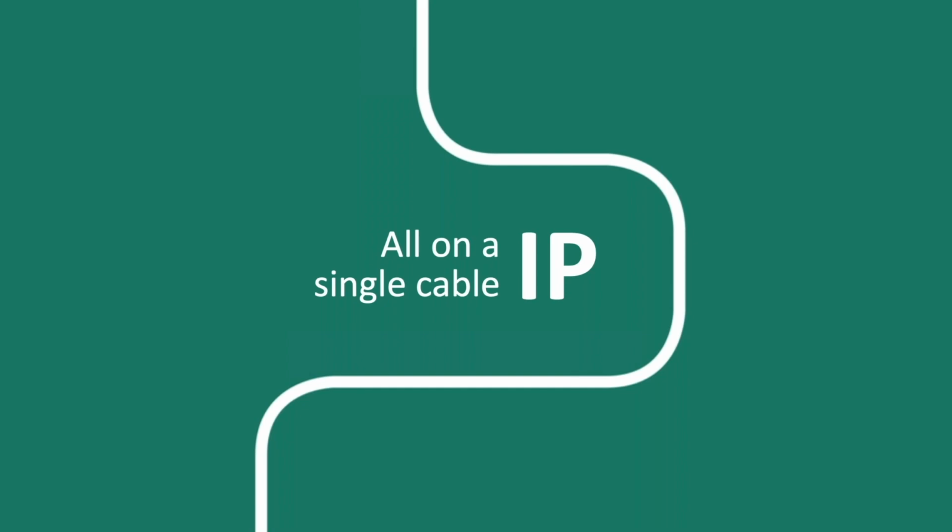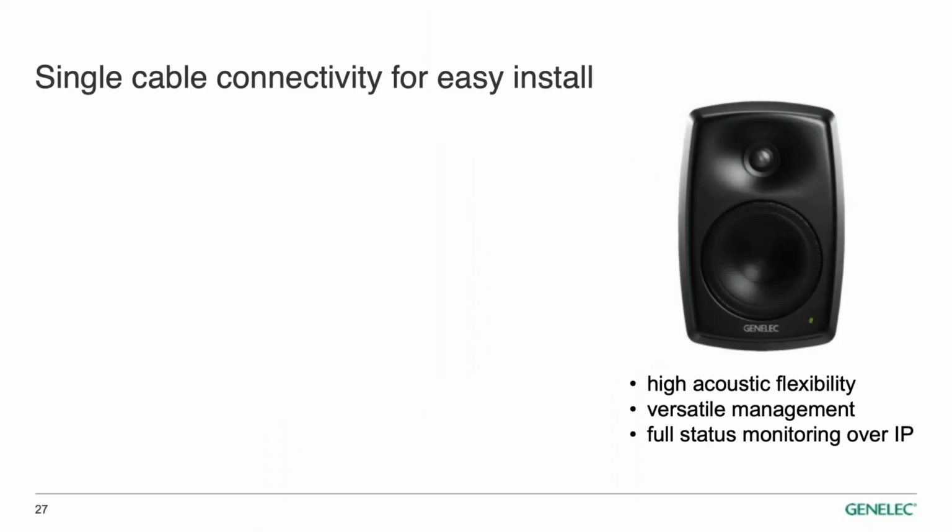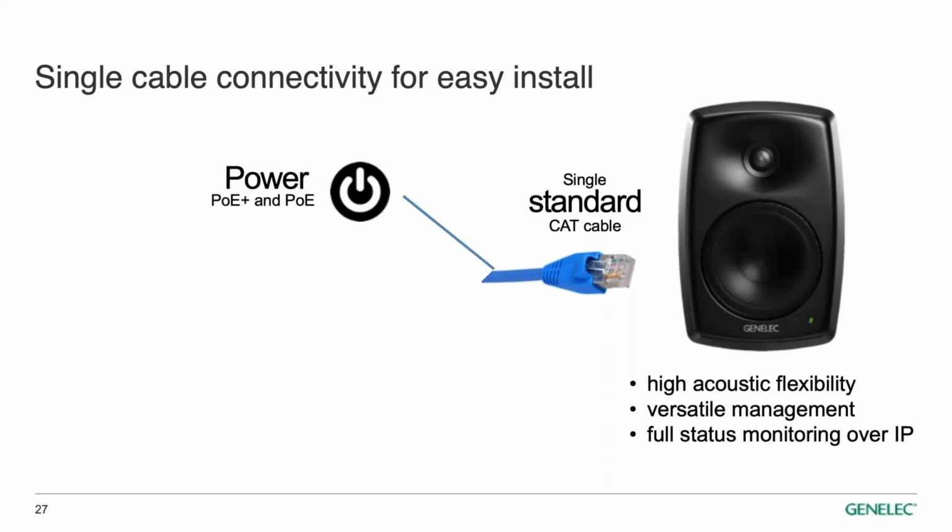The products themselves are compact active loudspeakers that have a very flexible way of adapting to the room acoustics, versatile management systems, and status monitoring over the IP network. You connect them through a single standard CAT cable, Cat5e or better, and the loudspeaker system is also powered through the network cabling using PoE, Power over Ethernet Plus, or even PoE, lower voltage